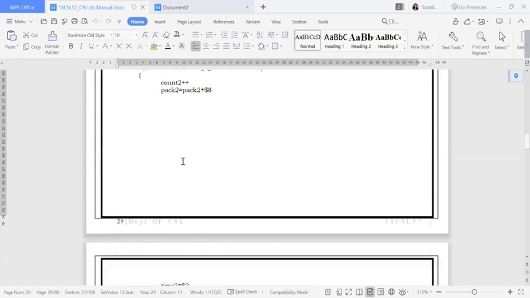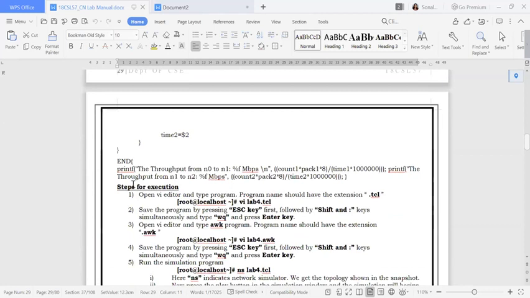Why I have taken these is, I have one formula. First I will show you the throughput from N0 to N1. Don't worry about this formula, you are going to remember it, and it is given directly in your book. How this formula has been generalized, that explanation is in your theory part, which we are also going to see. So to calculate the throughput, you multiply count1 and pack1 into 8, divided by time1 into this value.